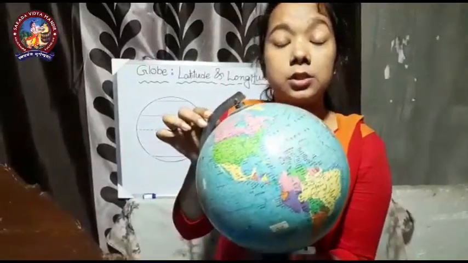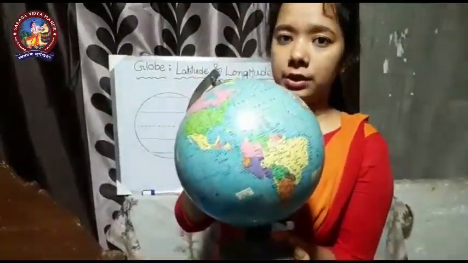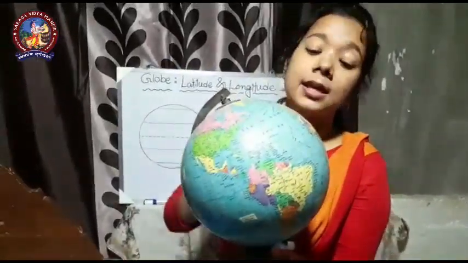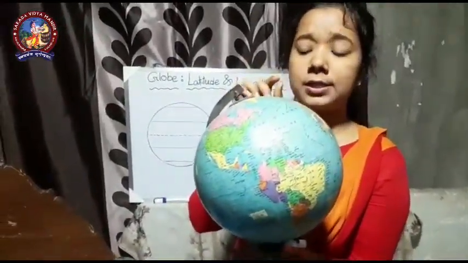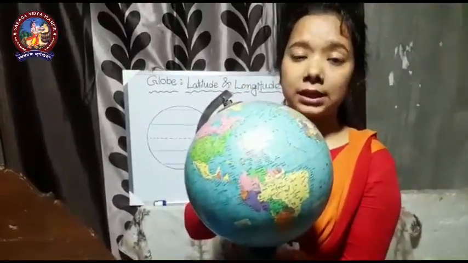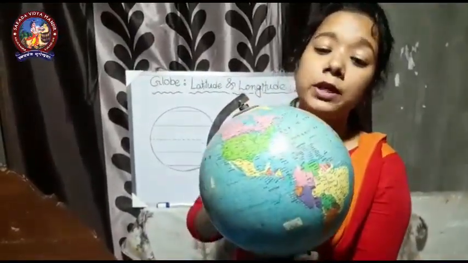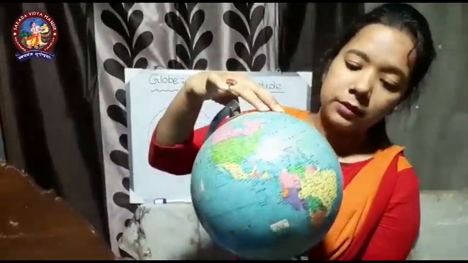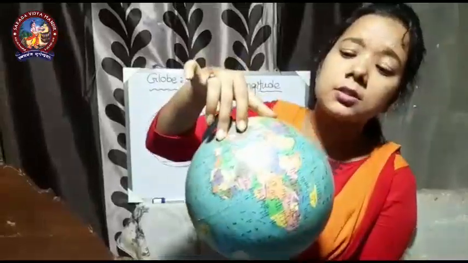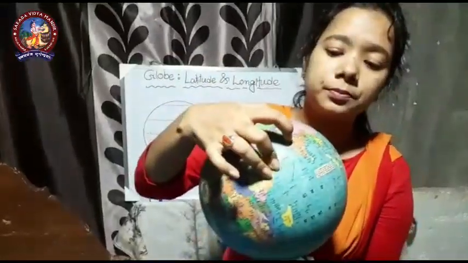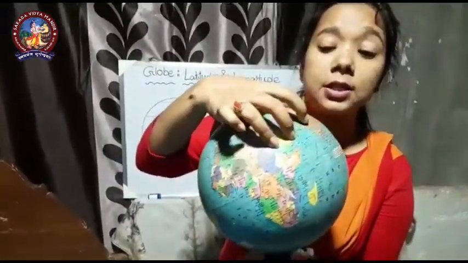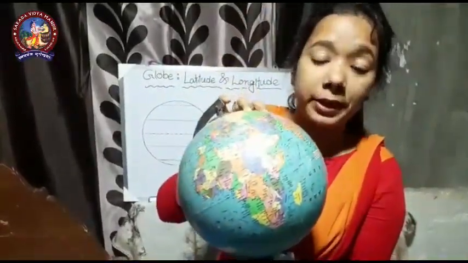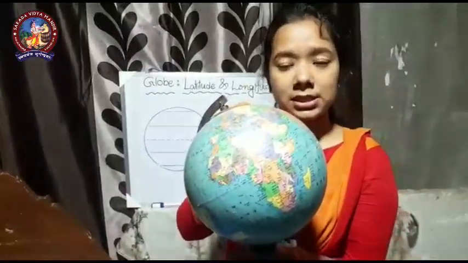Now, here are some disadvantages also for the globe. This globe is not easily portable everywhere. We can't port this globe everywhere. Next, some small points, some small states or something like that, some places are there which we can't show on the globe. See here, is it very easy? See here, it's India. It's not very easy to project all the states, all the places here. So it's a major disadvantage.